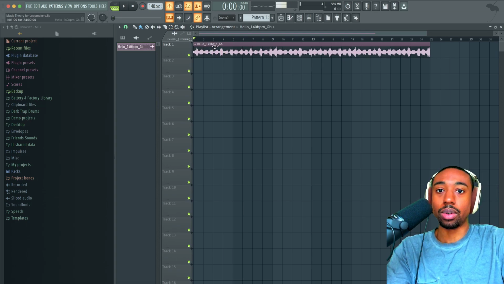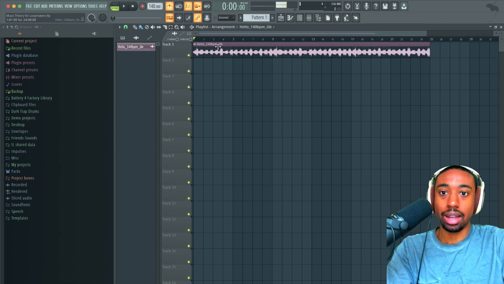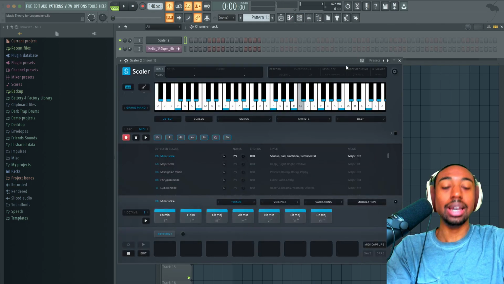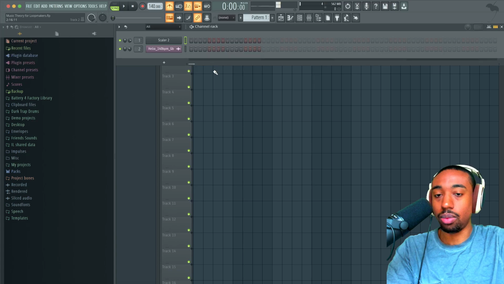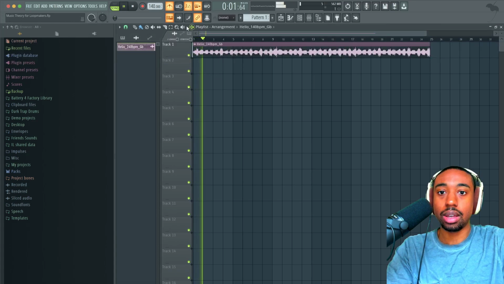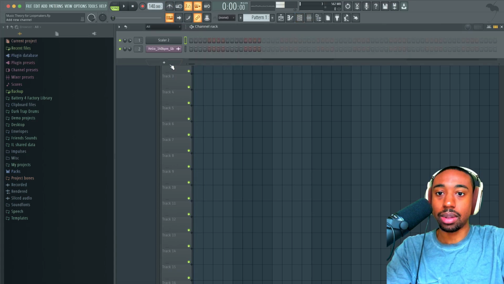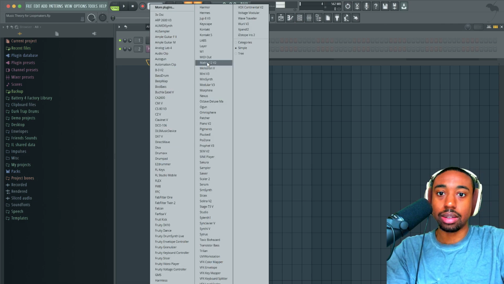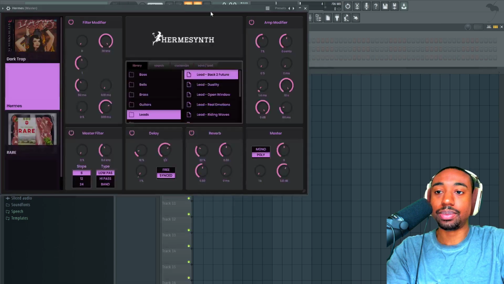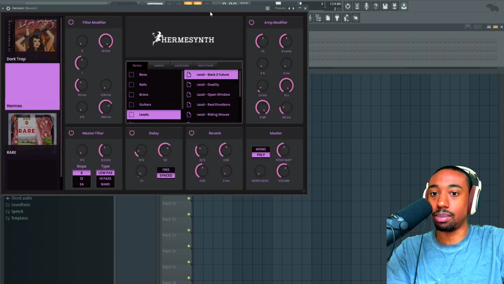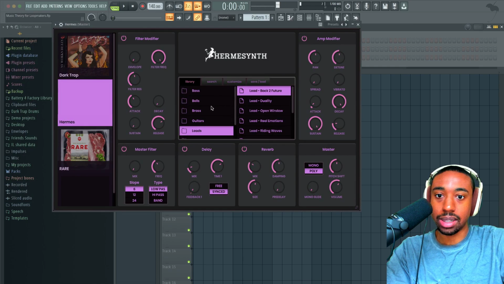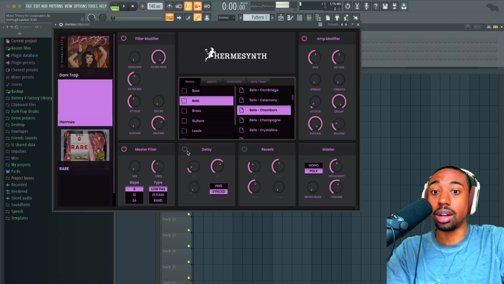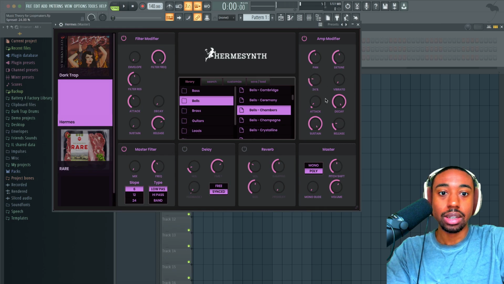So this says 140 BPM right on the label, and it says G flat. So now I know the notes I should use are these notes, and I should play it at this specific tempo of 140. If I wanted to add music over top of this, let's pull up Hermes. Hermes synth is developed by my team over at BusyWorksBeats.com. Let's just add some bells. We're going to create an update soon for Hermes, so look out for that. So I'm using that.